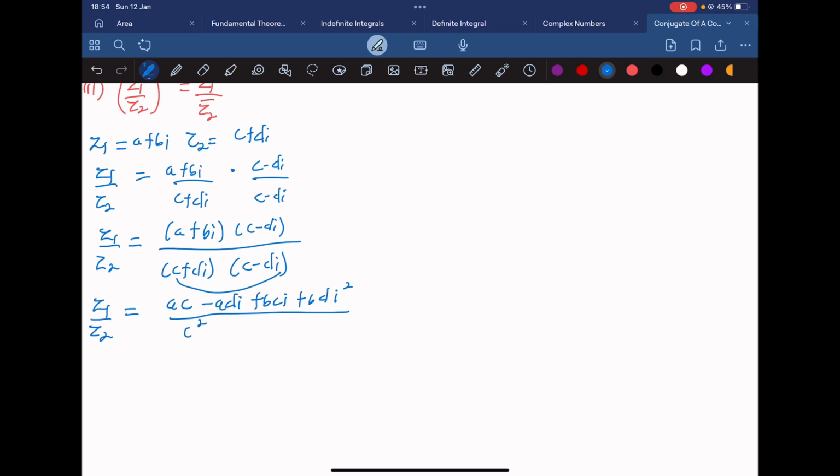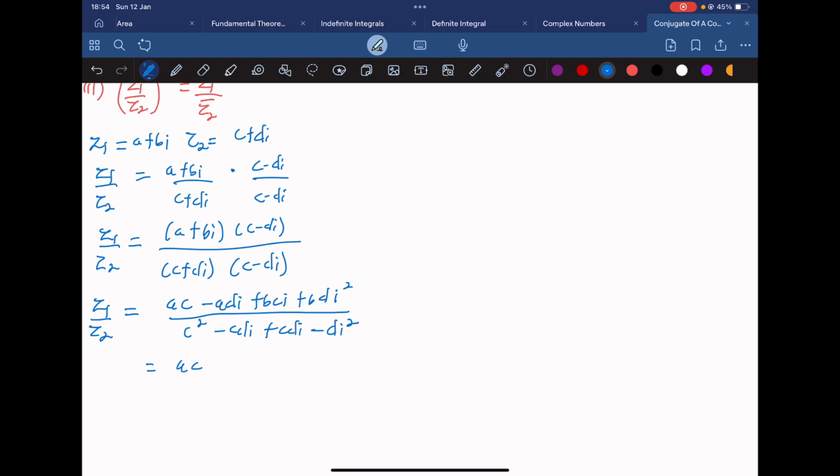C multiplying negative DI, so we have negative CDI. Then this times this, so we have plus CDI. Then the last term will give you minus DI squared. Okay. So we can simplify this again. So if we do that, we're going to have